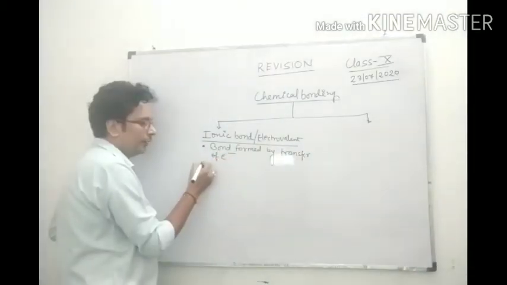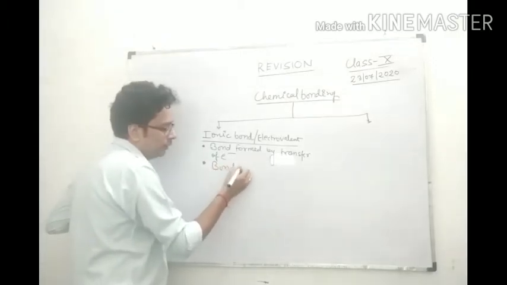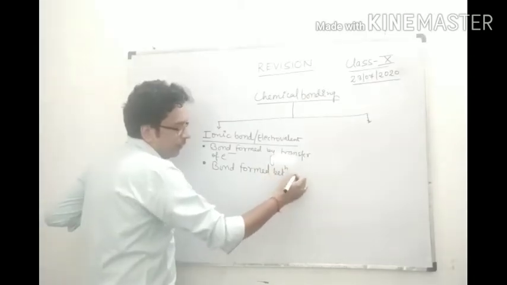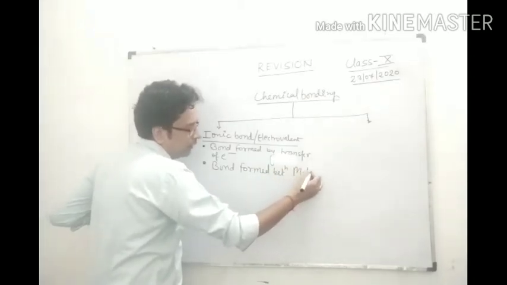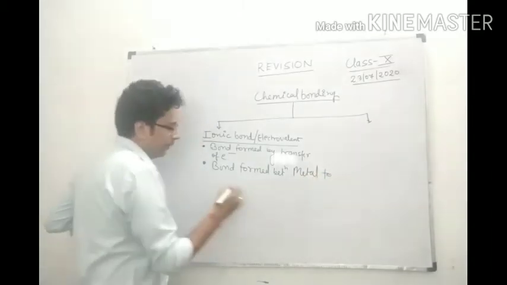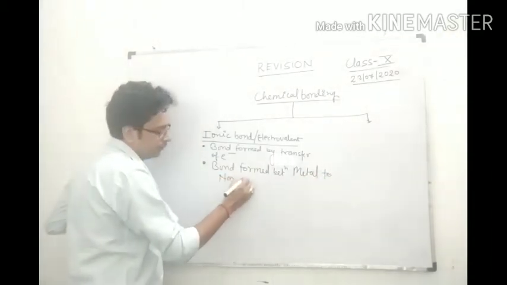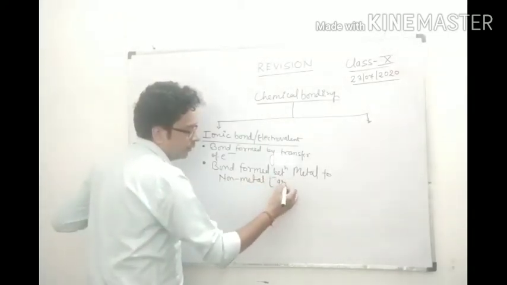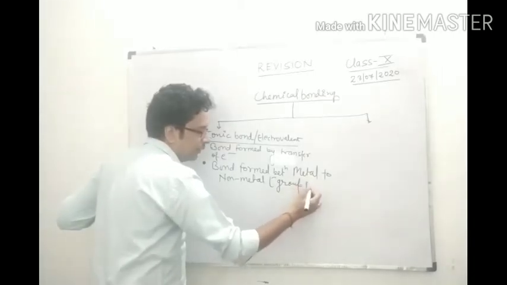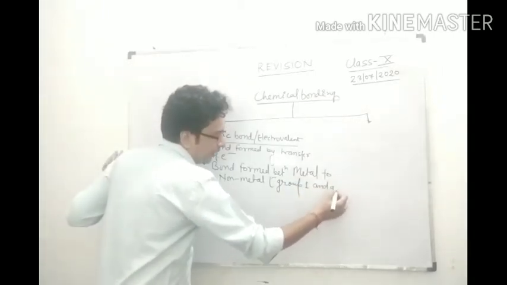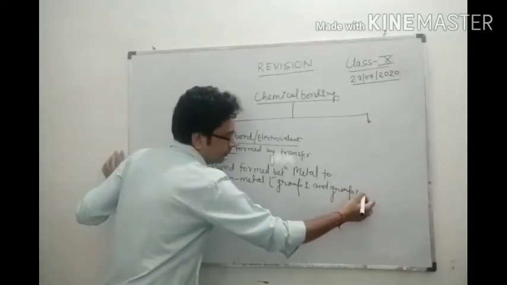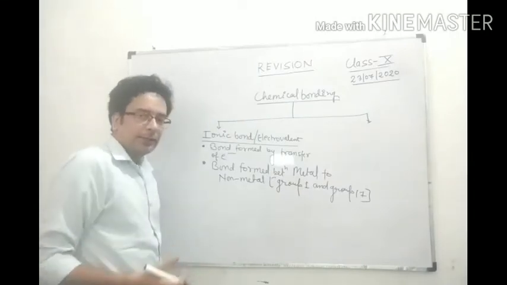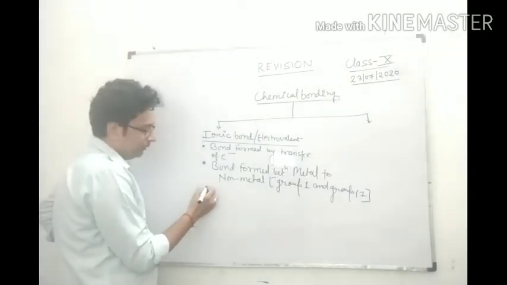Now second point, the bond is formed between metal and non-metal, group first and group 17. Now for example, NaCl,